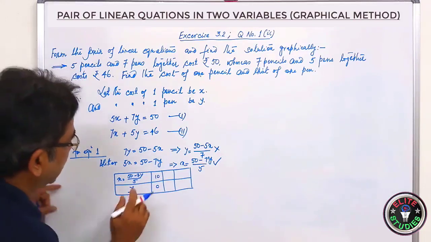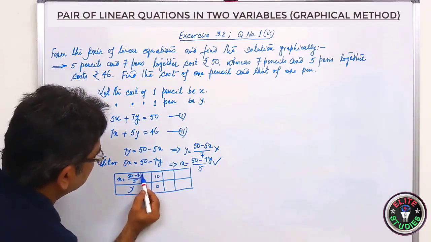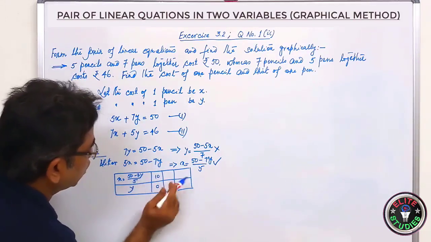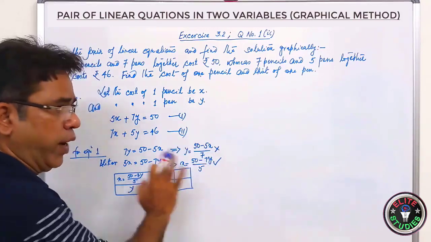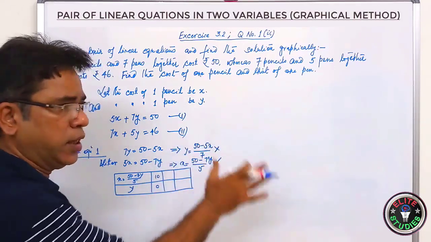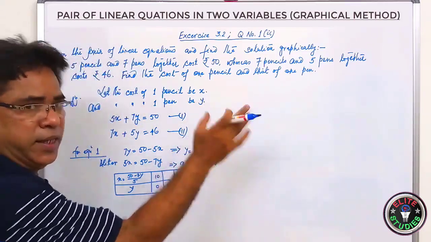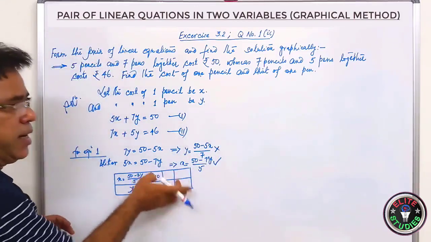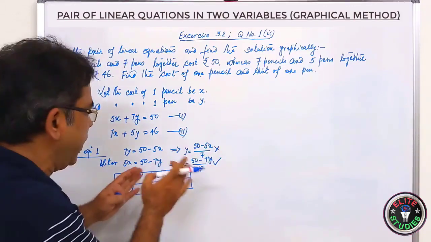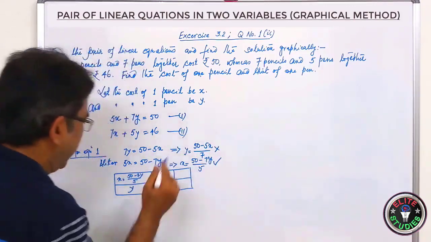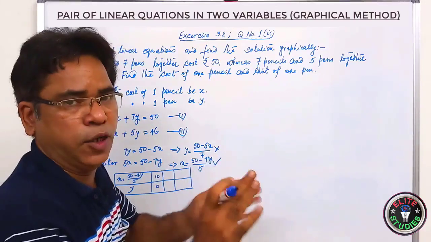Here, now if you put y is equal to 1, you should consider such values so that you can get whole numbers. So don't take any fractions or decimals because it will be very difficult to plot on the graph paper. If you consider only the whole numbers, it will be a bit easier. So that is by hit and trial method only. There is no other way out. You have to do it by hit and trial method only. With a little bit of practice, you can do it.